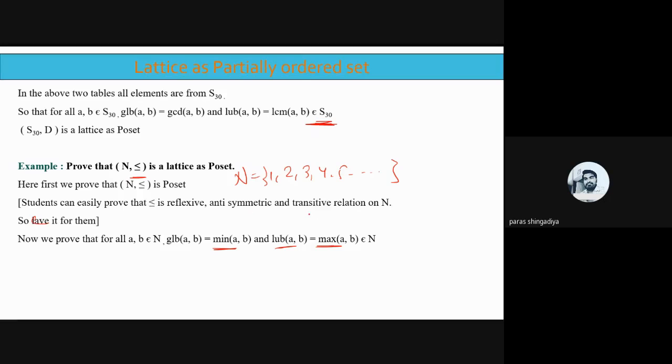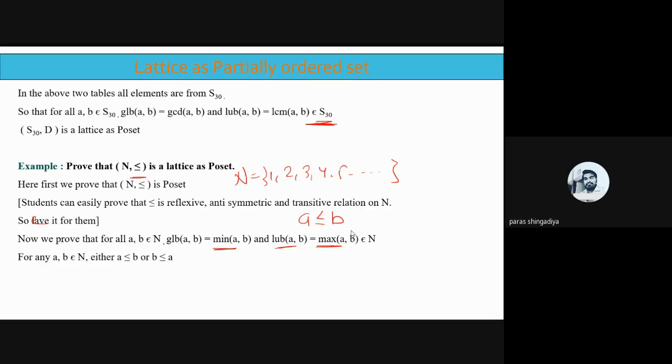Why? Because when we apply the conditions to this a and b, here b is the bigger value, a is the smaller value. So based on that, we can identify a is the minimum value and b is the maximum value. And that you have to check for all a, b belongs to N. Clear? But here N is an infinite set, it includes infinite numbers, so we cannot make pairs of infinite values. So for this we'll check the general idea, whether it is true for all such possible pairs or not. Clear?